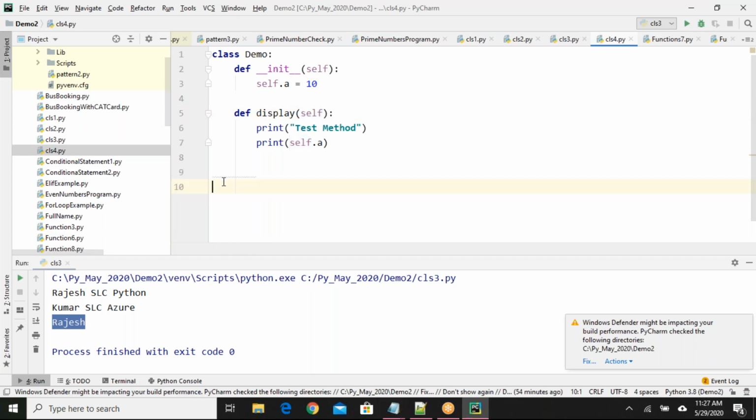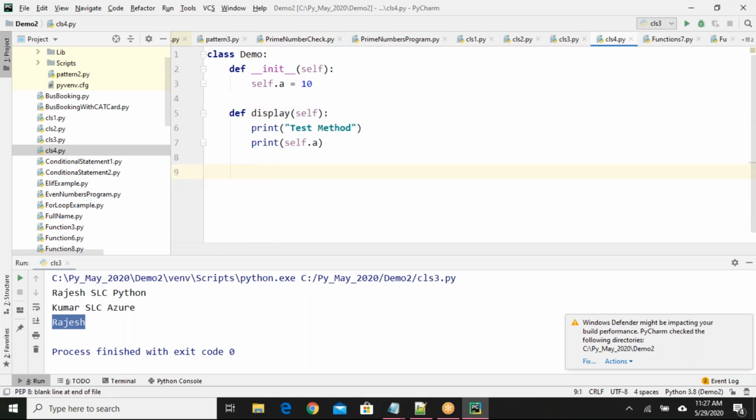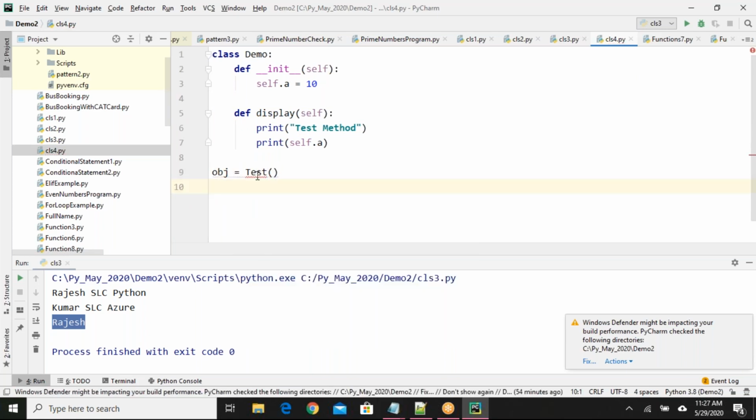Let me create one object, say obj equals Test. This we know, we can create an object, demo. Now I'll say object dot display.